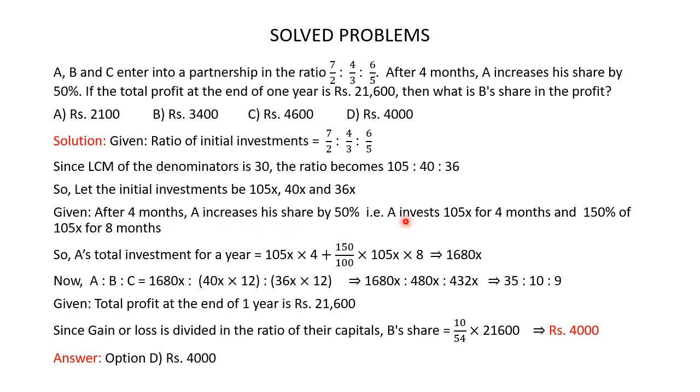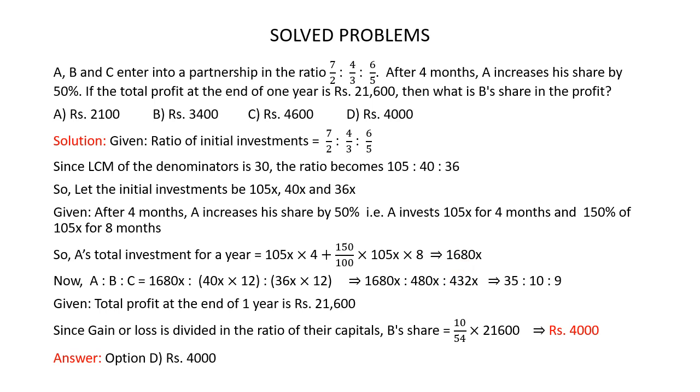This means that A invests 105x for 4 months and 150% of 105x for the next 8 months. So A's total investment for 1 year is 105x multiplied by 4 plus 150 by 100 multiplied by 105x multiplied by 8. On solving this, we get A's investment for a year as